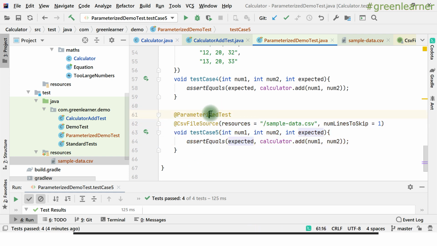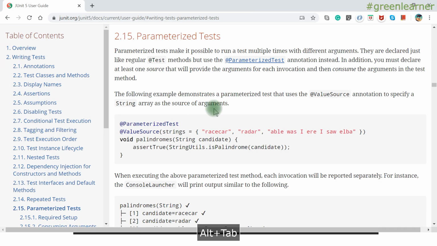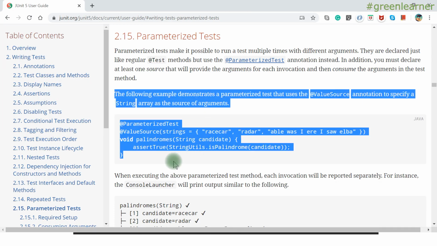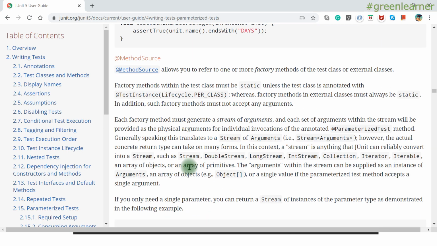These are the few examples that I have shown you, and I think they are sufficient to write simple unit test cases and take advantage of this. But there are other versions of the parameterized test. There are many more. You can modify the display name, how it is appearing, and all those steps. They are all available on the official documentation page. That is right here, right? You can go ahead and check out more information about this. There is a lot of information here on parameterized unit tests, right? So this is all that I wanted to show you about parameterized testing.